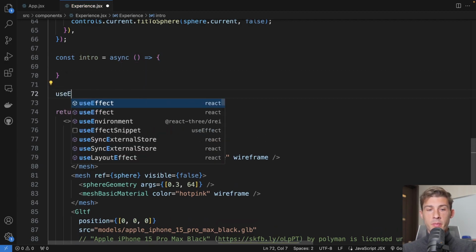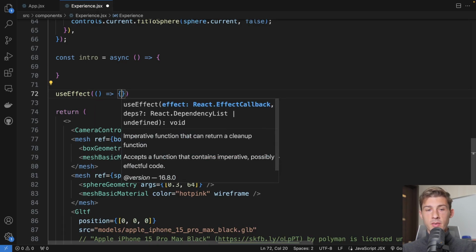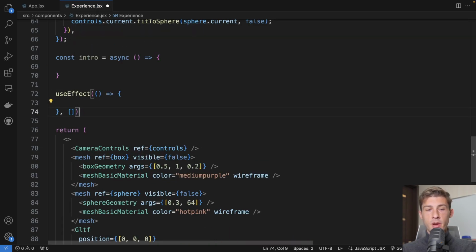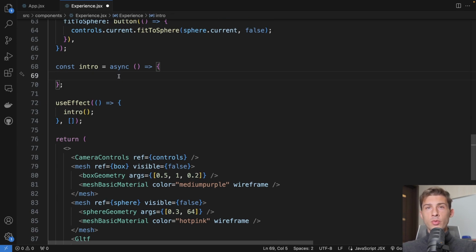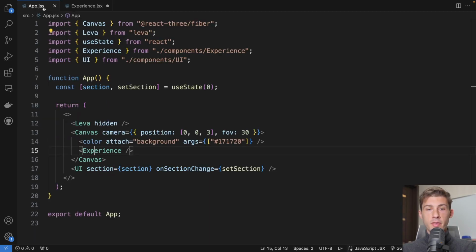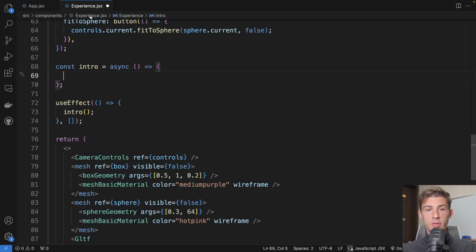And we'll call our method from a useEffect when the component is mounted. So we'll call intro. The first thing we want to do is to position our camera at the right position. You can use the default camera settings here, but if we want to change it, we don't want to go here every time. So we'll just call